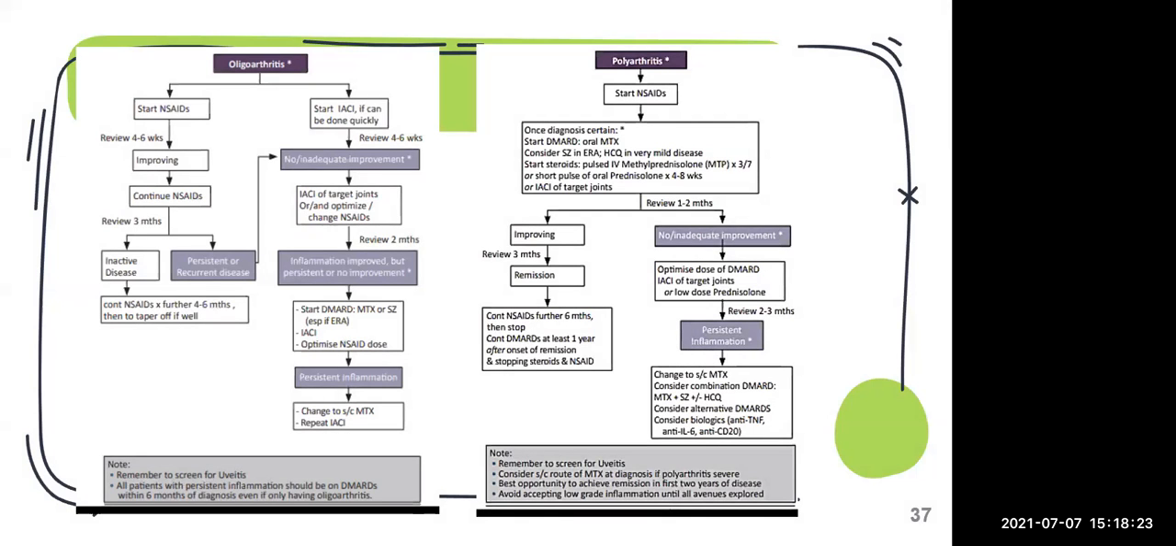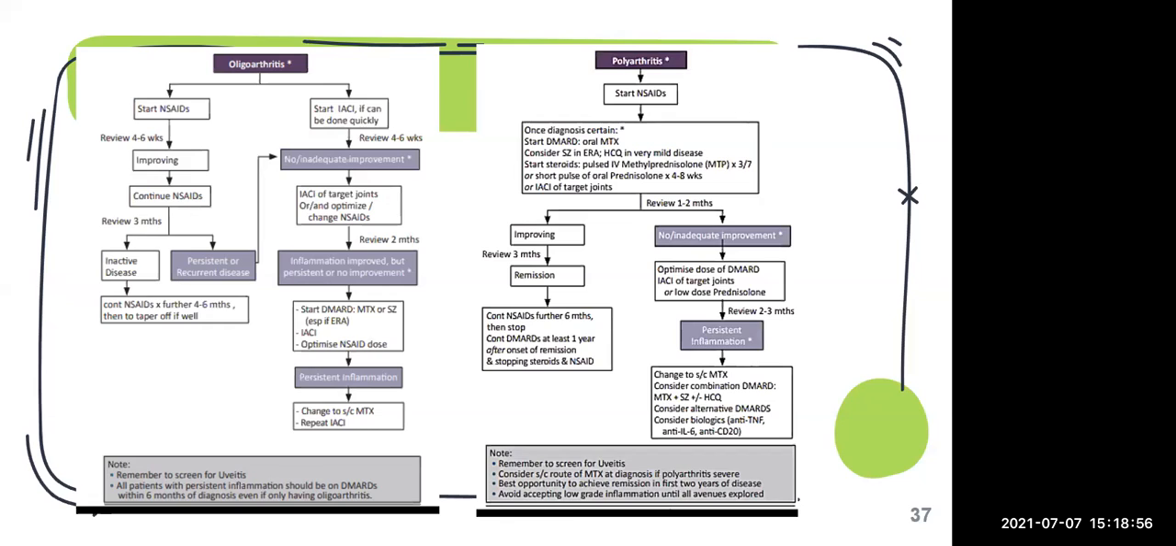Okay, so the management of JIA can be divided into three: when it involves only one joint, oligoarthritis or polyarthritis, and lastly when it is a systemic onset JIA. So basically the management for oligoarthritis is to start with NSAID or intraarticular corticosteroid injection. If it improves on NSAID, then you just continue. If it doesn't, then you can either